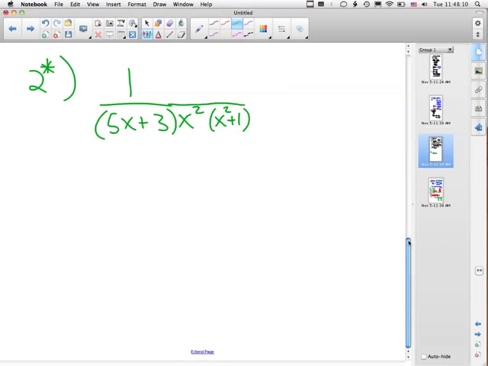Okay. We're going to break it down into each individual term, 5x plus 3, plus this monomial here could be 1 over x. We also have a 1 over x squared. And for our x squared plus 1,